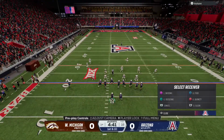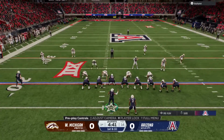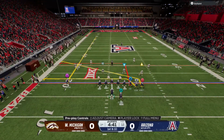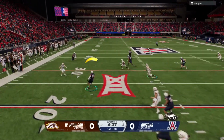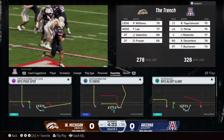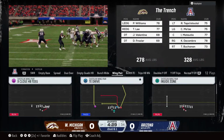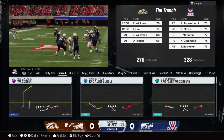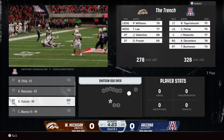Three tight ends in the formation on 1st and 10. Looking downfield, it's Fafita. Finds his tight end. Makes the grab almost to the first down marker, but a good pickup on that one. I'll tell you, I love the play call on 1st down here. You're just trying to find an easy completion, and the shortest throw on the field for the quarterback is finding your big...